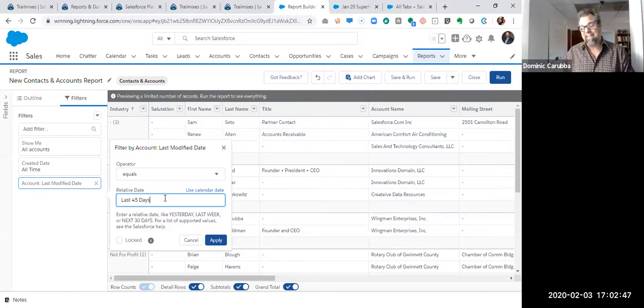So exact dates are when there's something where that date gets fixed and the report always runs off that one date. A relative date is relative to the day that the report is running, not when the report was created, a year ago, a week ago, that kind of thing. And then,